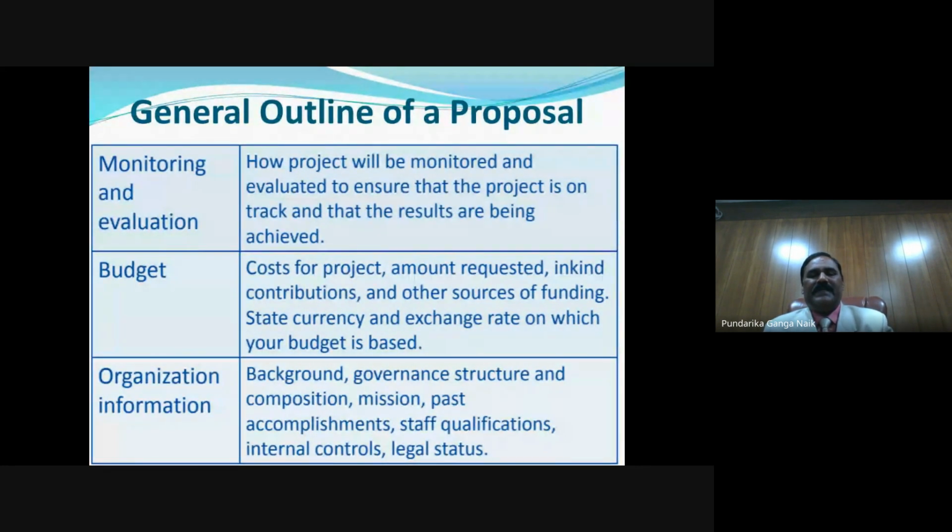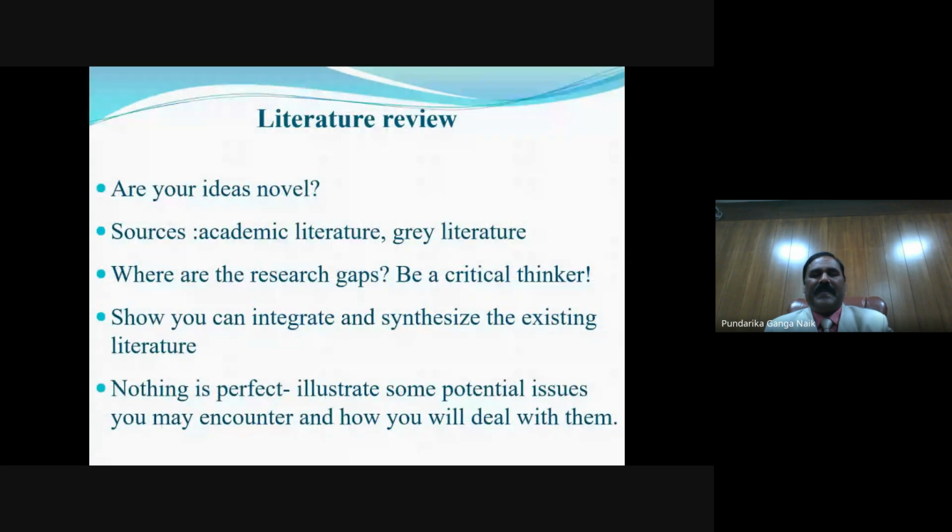Sometimes it is mandated. So under such circumstances, you need to take an appropriate call whether to pursue that or not. Next, the organization information: the background of the organization, the reputation of the organization, what sort of governing structure is present in the institution, what is its composition, what is the mission of the institution, past accomplishments, staff qualifications, internal controls, and legal status. All these things are very important to sanction the grant to the